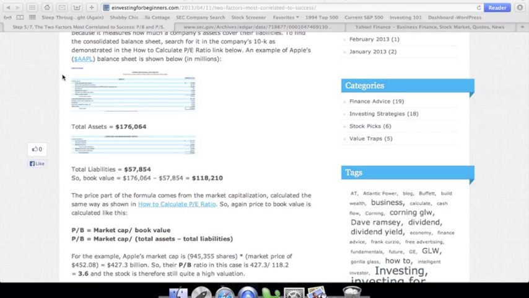Got another video for you today to show you how to calculate price to book, or PB, ratio. It's the standard valuation used in value investing strategies, and I'm going to show you how to calculate it. It's a great ratio to figure out whether a company is undervalued or overvalued because,